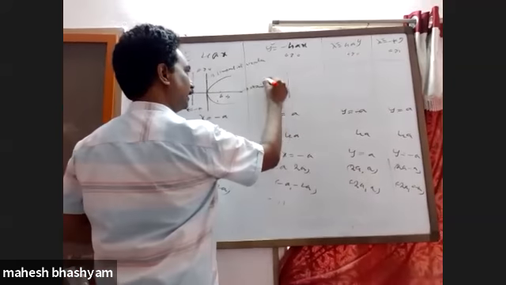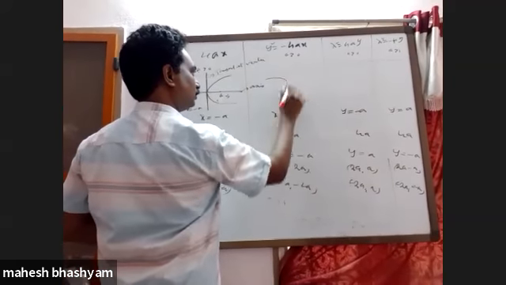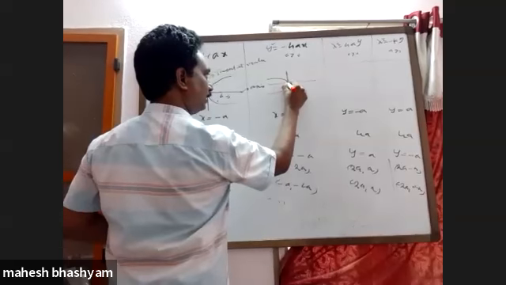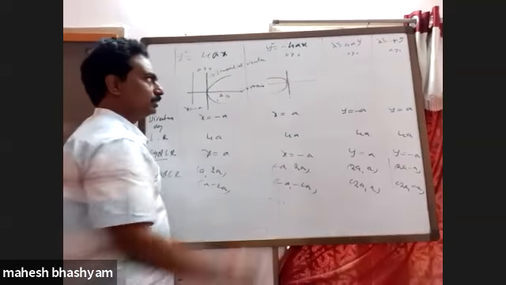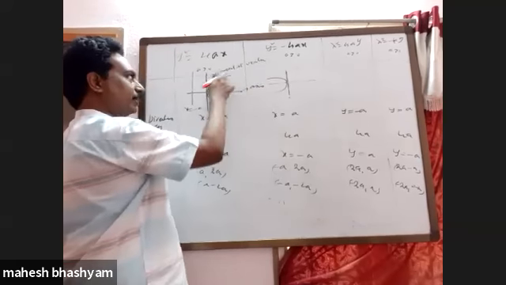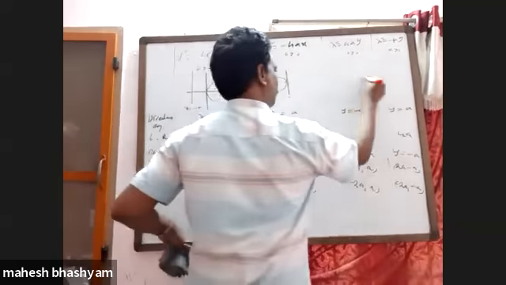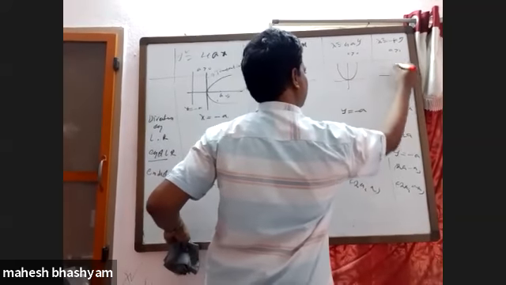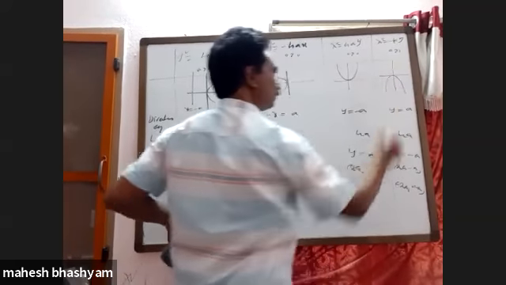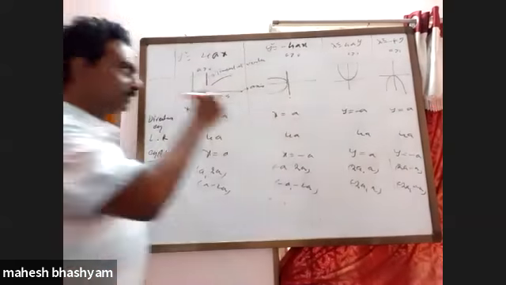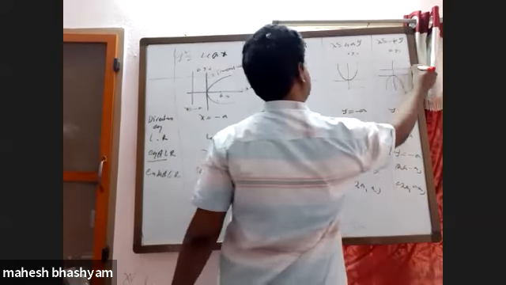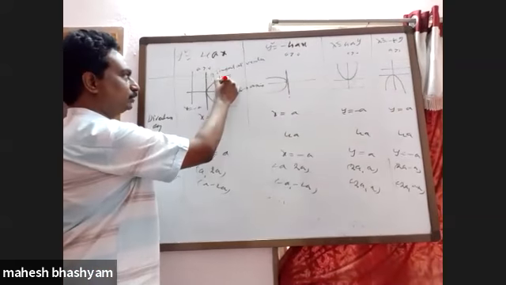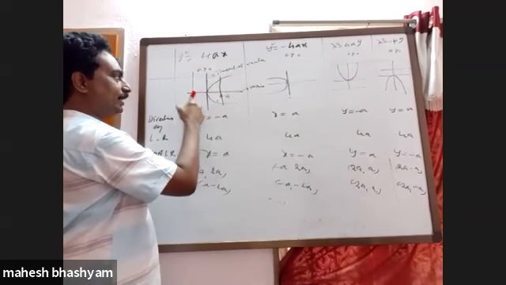In the case of another standard one, the x-axis is the tangent, the y-axis is the tangent, and the axis is the same as the x-axis. But it is reversed. That is called a left side parabola and a right side parabola. Here it is called an upward parabola. It is called a downward parabola. This is the directrix. Here is the directrix. The latus rectum is this one. It is parallel to the tangent at the vertex and also the directrix.